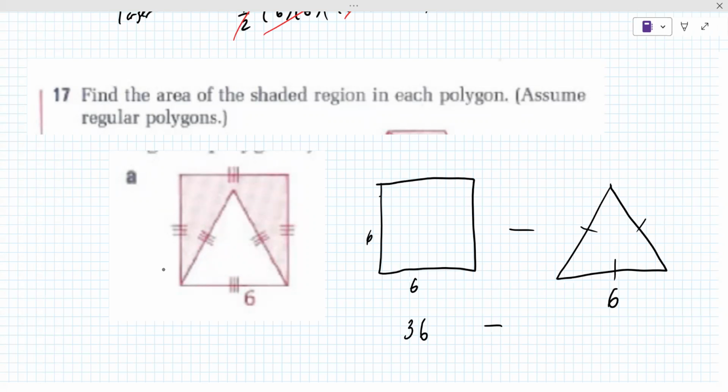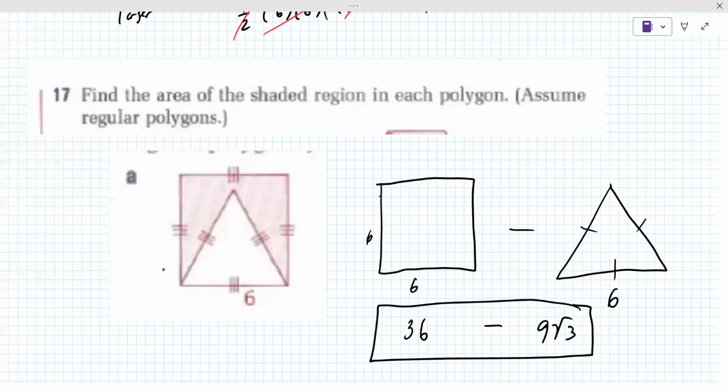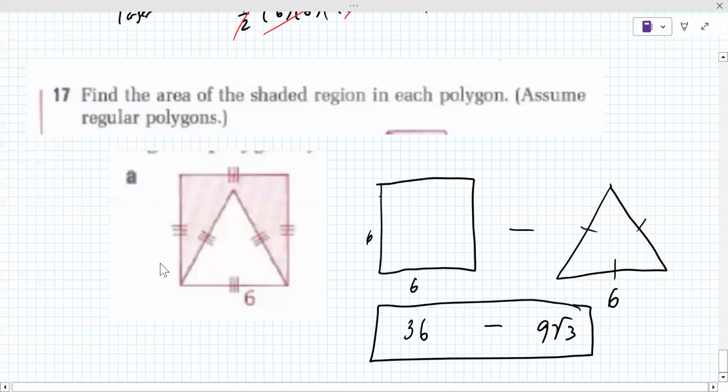Okay, for the triangle, I got 9√3. Yep, we did that earlier. So as much as you don't like what's written here, this is the answer. 36 minus 9 square root of 3. Okay. There's not much more you can do with this. Okay. All right, on to